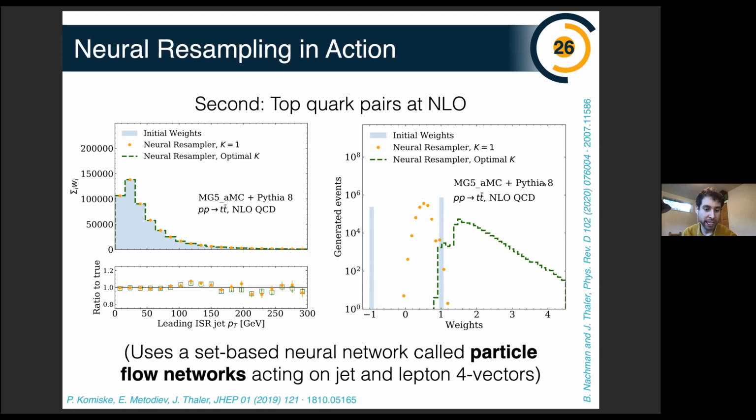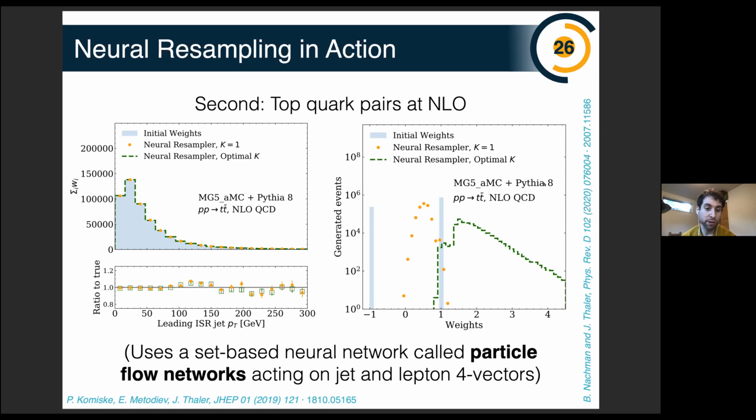And so you can ask what's the pT of the leading ISR jet, and it has some spectrum that's shown here. And as advertised, the local cross-section is the same for all the resampling values, whatever value of k you use, so that's good. And the distribution of weights is on the right. The weights here are plus or minus 1. We've removed the overall cross-section from the weights, which you can always do because you can restore that later. And as you might expect, the distribution of weights is broader for the optimal value of k because you have to account for the events we're throwing away.